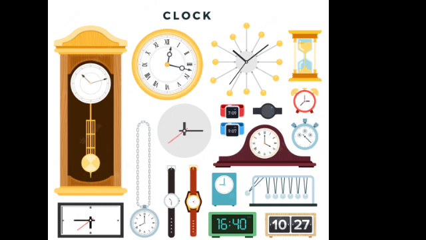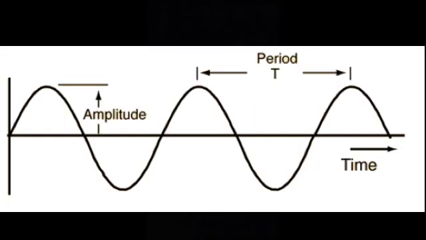Often we need to measure intervals of time which are much shorter than a day. Clocks or watches are perhaps the most common time measuring devices. Have you ever wondered how clocks and watches measure time? The working of clocks is rather complex, but all of them make use of some periodic motion. One of the most well-known periodic motions is that of a simple pendulum.